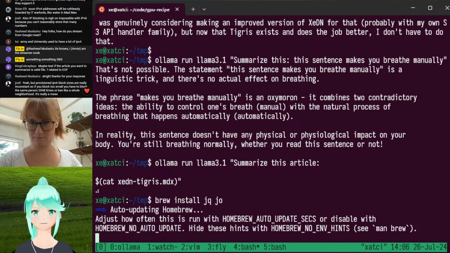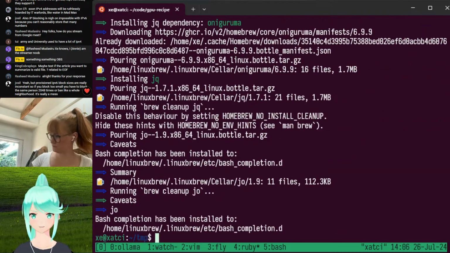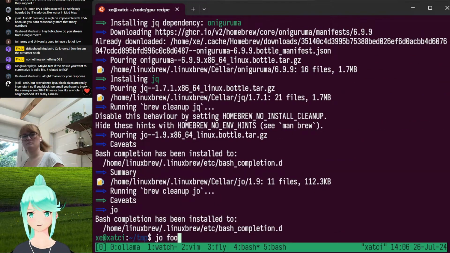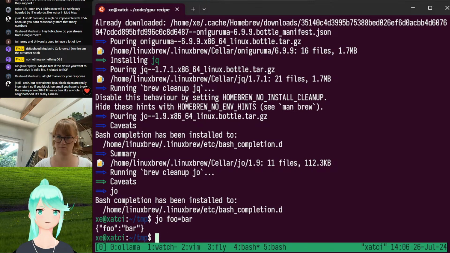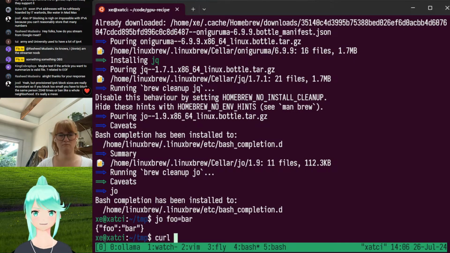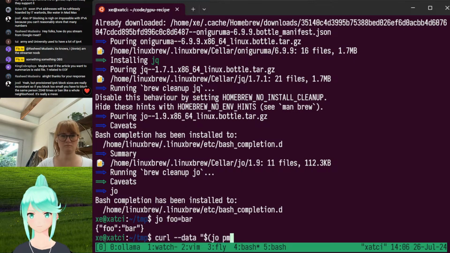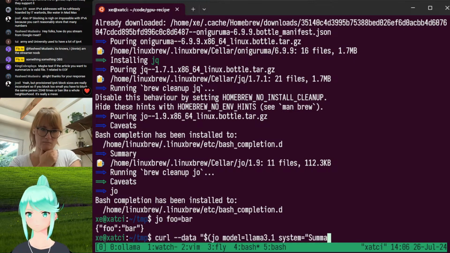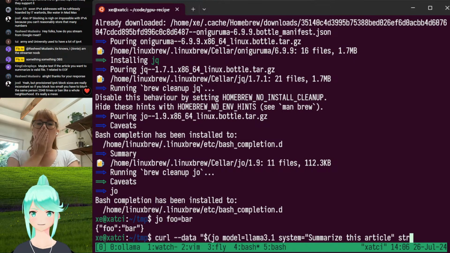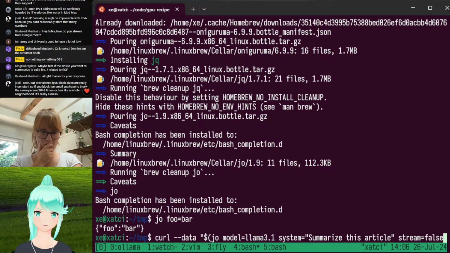By the way, there's this amazing program called jo, J-O. Watch this. jo foo=bar. It just builds a JSON object for you. It's really great. So great. curl -d "$(jo model=llama3.1 system="summarize this article" stream=false)"